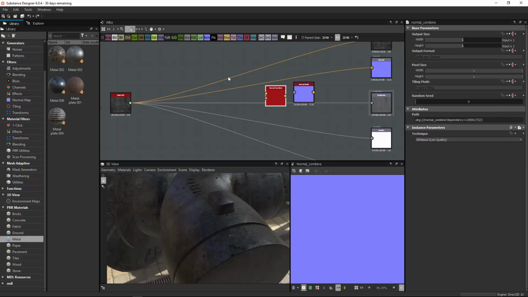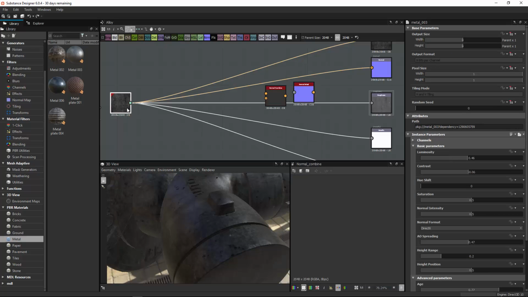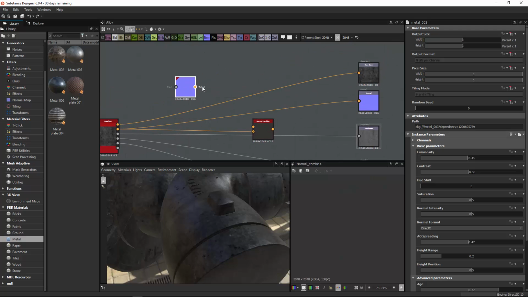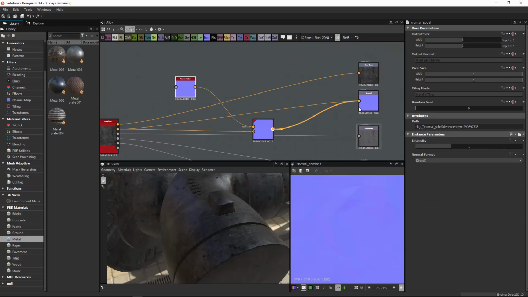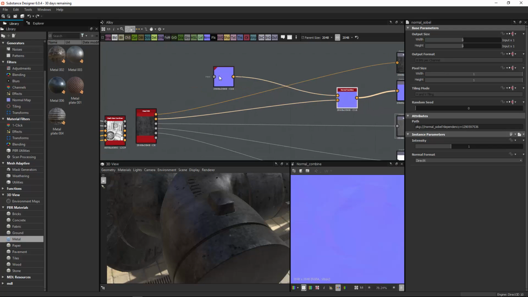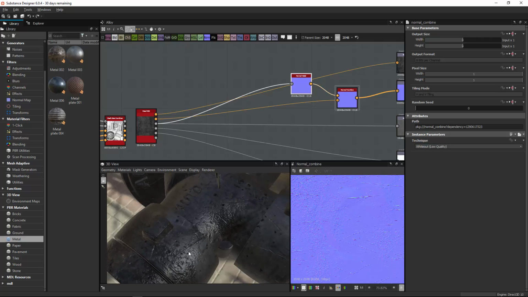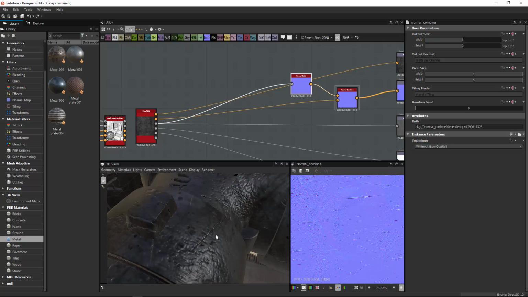So we use a default input which we get from the shader. The default output normal goes into normal 1, and then normal 2 is the new one, and this goes to the normal, and then we take the roughness and connect this to the Sobel. So you can see we get these nice scratches now, and it's actually really dented in the metal, which is